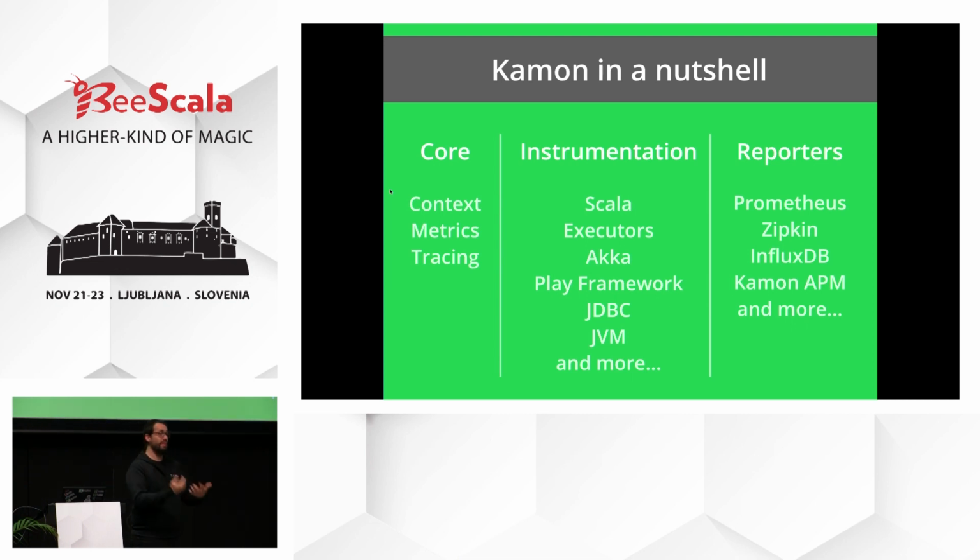Then we also have a bunch of instrumentation, and we did this as bytecode instrumentation. So you don't need to do anything special in your application for these things to start working. When your application starts, we hook into it, and we have instrumentation for Akka HTTP, Play Framework, JDBC, and a bunch of things that are coming up. And finally, you have these reporter modules that basically hook into Kamon and say, okay, let me take that data that you collected and send it somewhere. That somewhere could be Prometheus, could be Zipkin, could be Kamon APM, could be any of the tools that are out there. And if there is no reporter available, you can go and create one yourself. So that's the whole thing about Kamon.